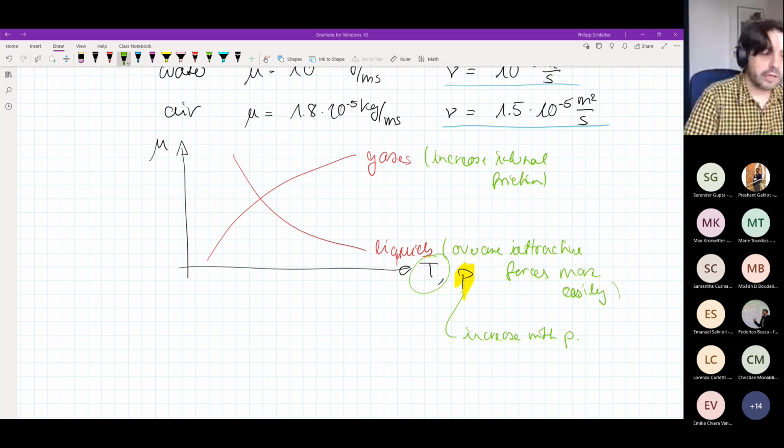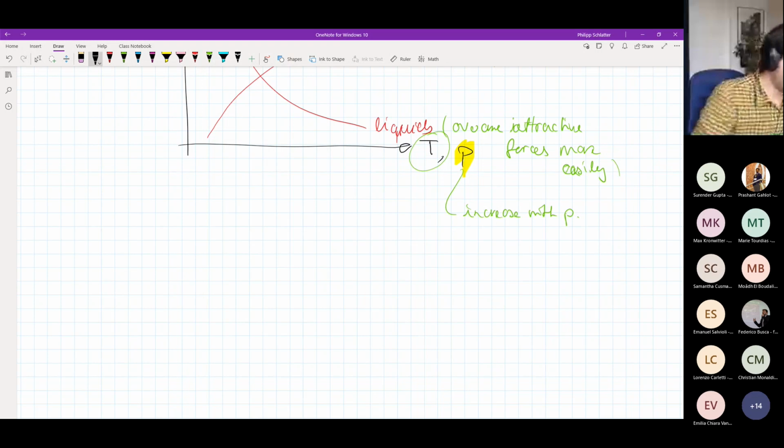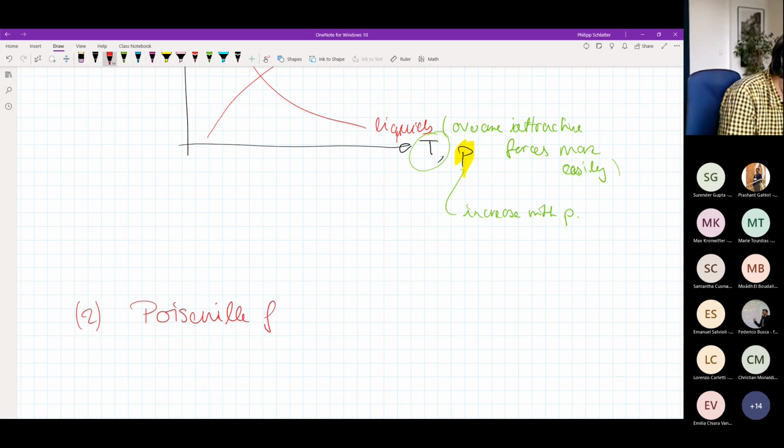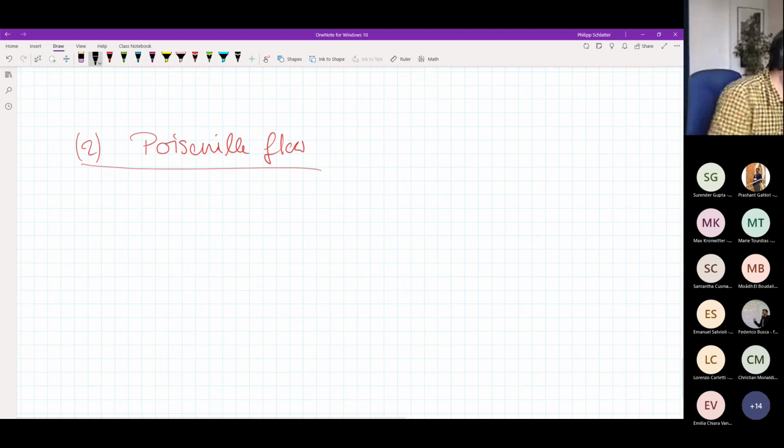Okay. So much about viscosity and its measurements and some of the properties. Now the next topic would be to look at an additional flow case to the Couette flow case that we have looked at. If you remember, very much in the beginning we wrote down chapter 1 would be Couette flow. Now chapter 2 or part 2 would be Poiseuille flow. What is Poiseuille flow, and how does it differ from Couette flow? Well,